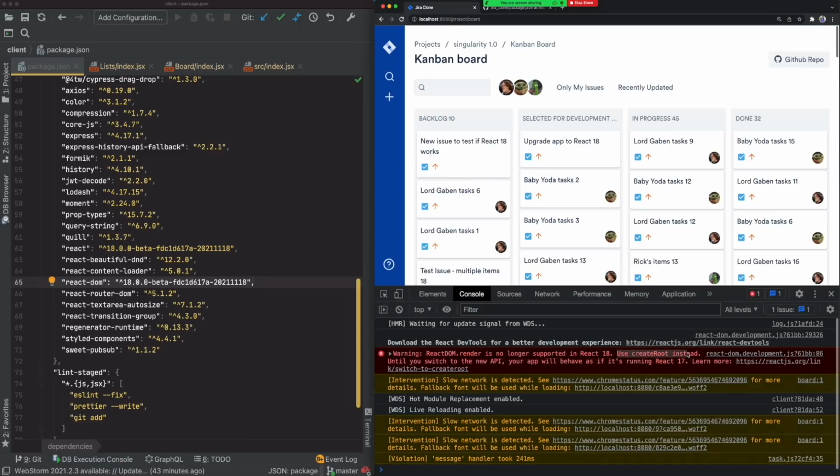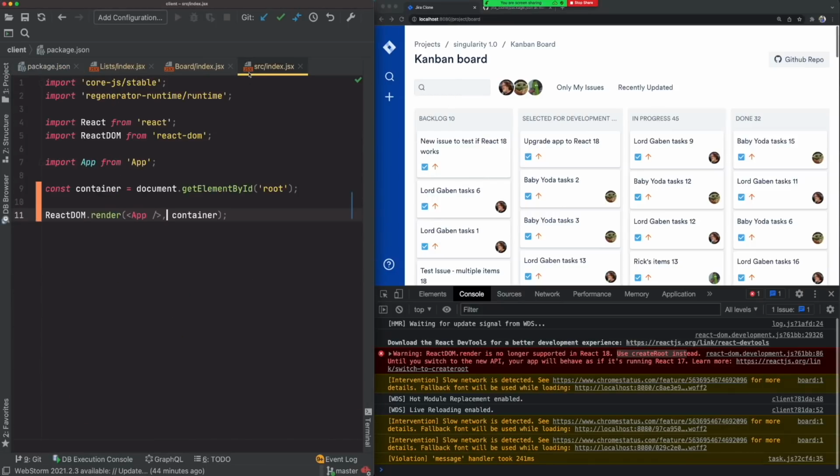That's expected. This is happening because all we have done so far is update our React packages, and React will just warn you when you upgrade to React 18 that you want to use createRoot. Let's fix this warning, and we'll see how easy it is to fix this warning in just one line of code. So the next thing is to open my index.jsx file.